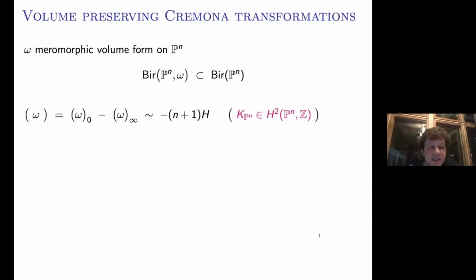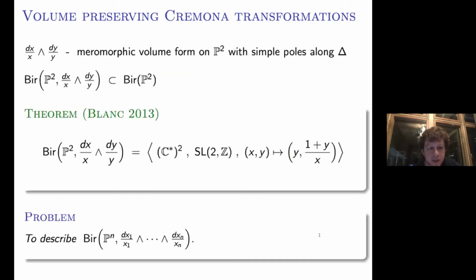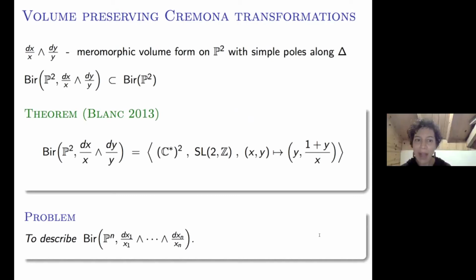Yes. Just a quick question. If you take the previous problem and instead of the volume form, you look at the symplectic form, which is the sum of these dx over x, dy over y forms in pairs of coordinates. That's also a natural problem, which seems to be closer related to the theorem of Blanc. Is it known? I do not know. I confess that I do not know the answer to this in general.